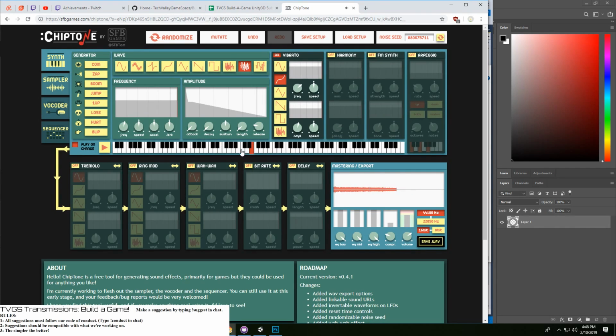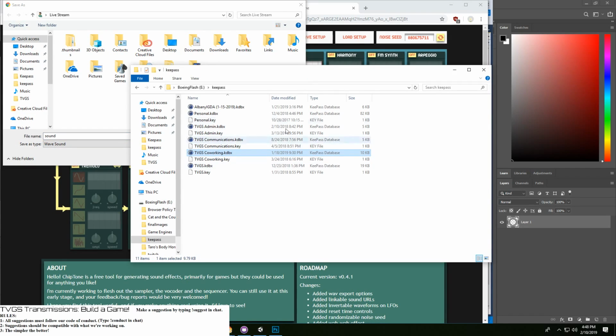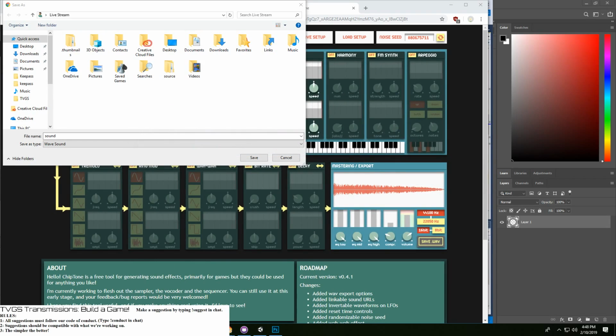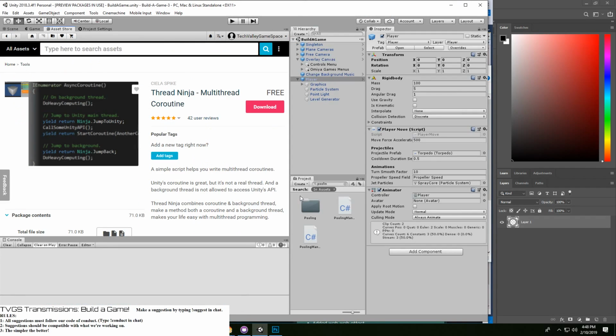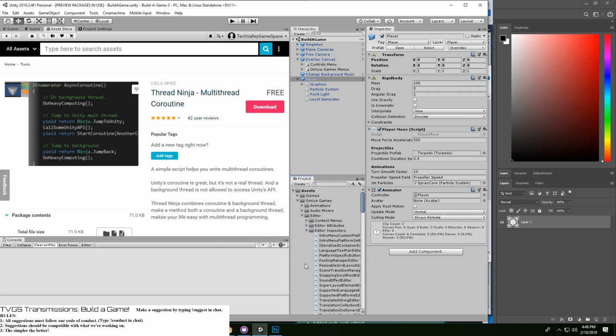That's a good sound effect for firing, at least in my opinion.